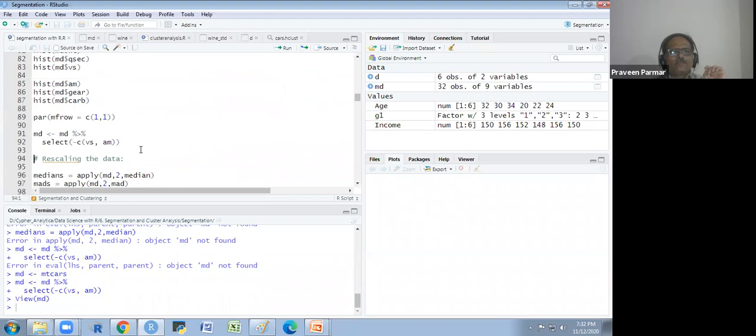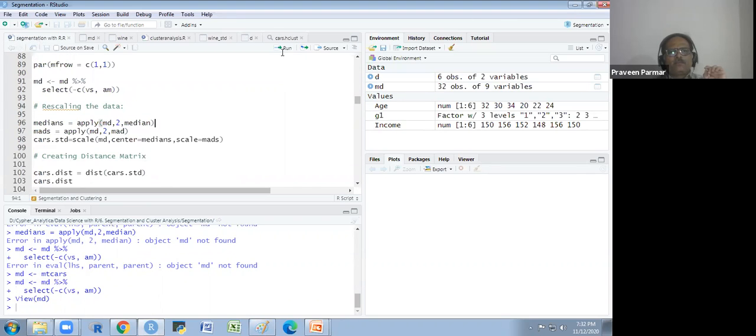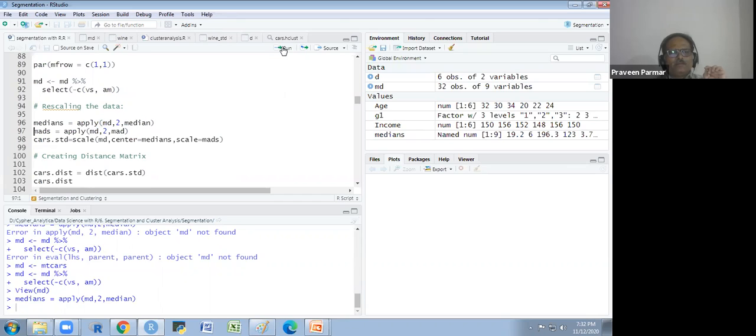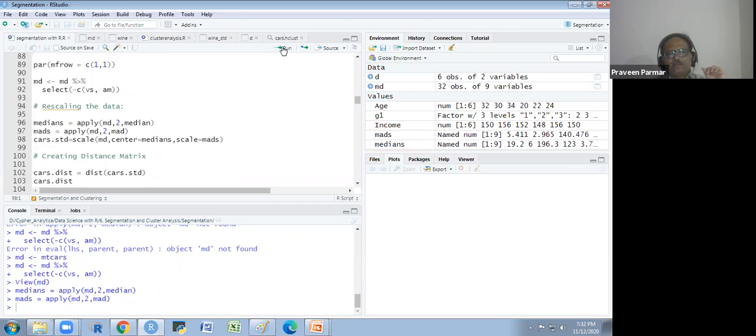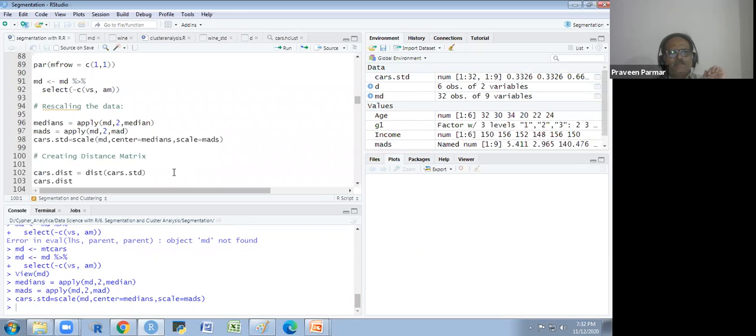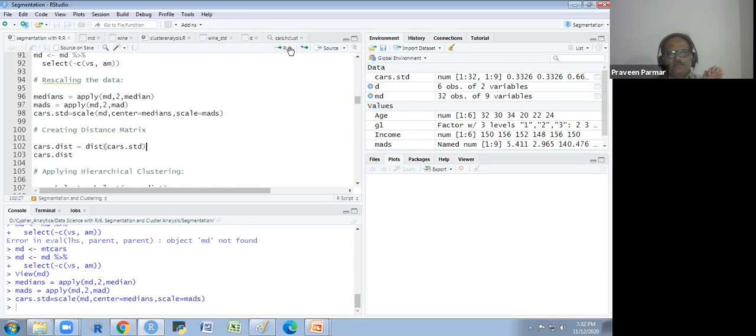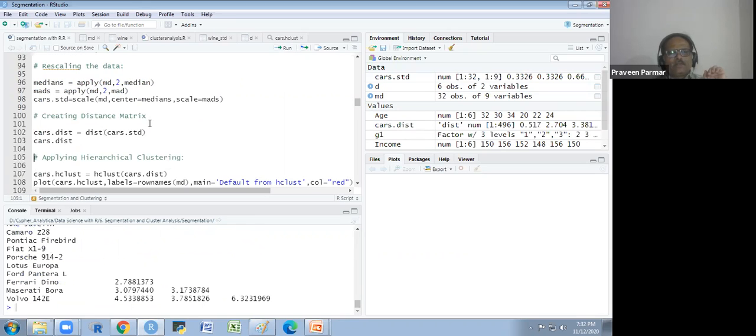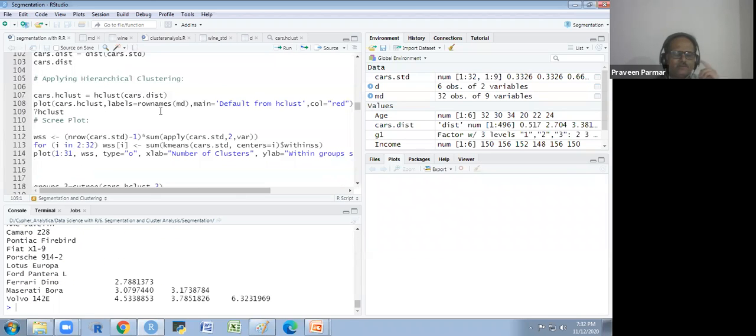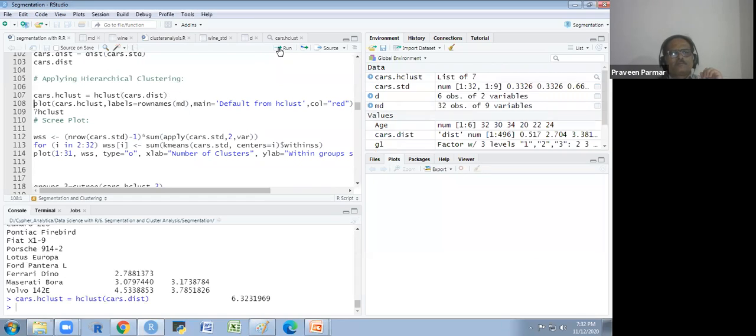We consider it, and we are applying the median and mean absolute deviation, and we standardize it with a scale, and we take the distance. This distance is like this between the observations, and then we are clustering it and we plot it.